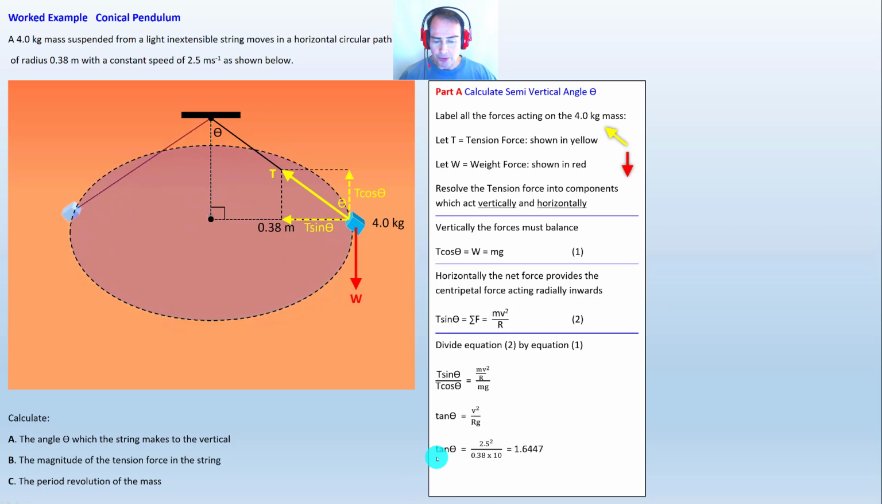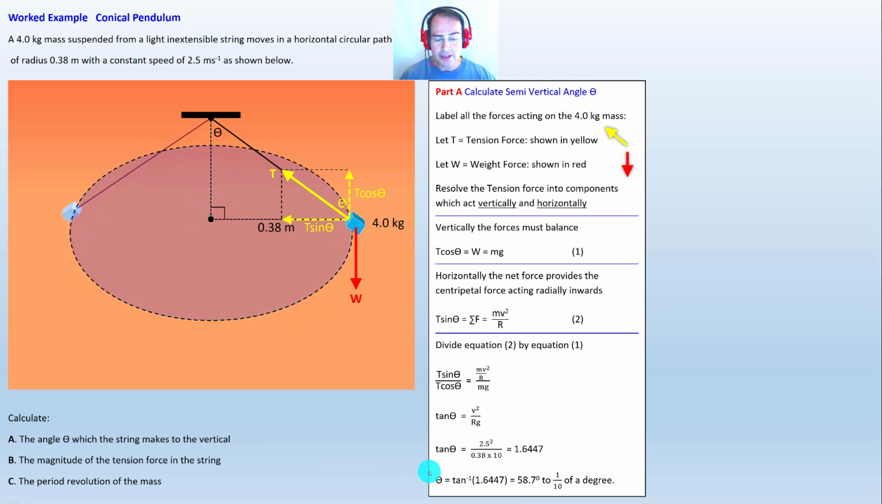Okay, so substituting these in, we get 2.5 for the speed squared, 0.38 for the radius, and g equals 10 newtons per kilogram rounded off. This gives us, to 4 decimal places, 1.6447, which can be inversed to give us the angle to the nearest degree of 58.7 degrees. Now that's by far the most complex part of this whole series of questions, calculating the